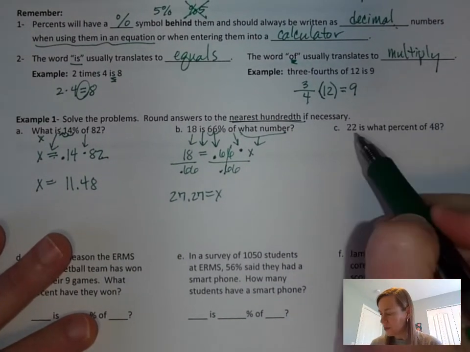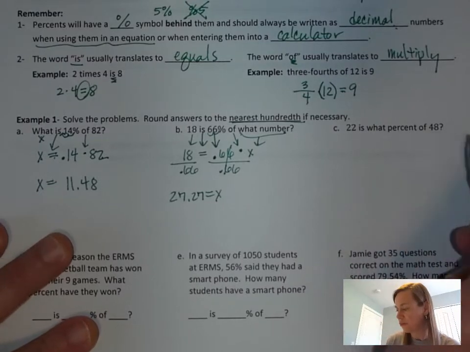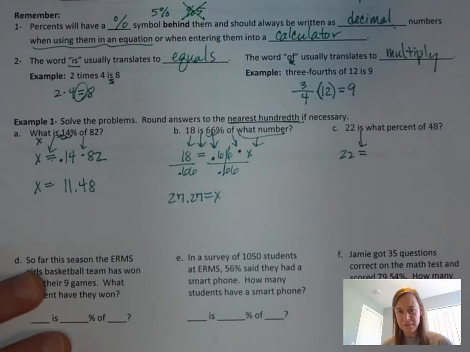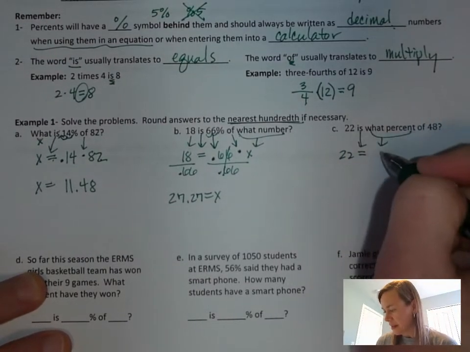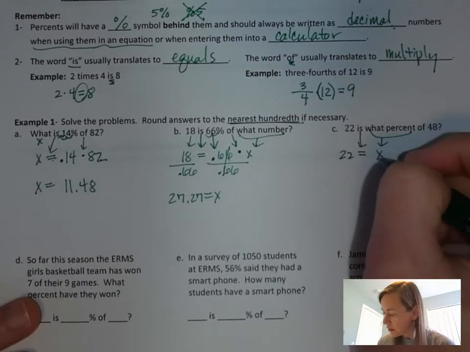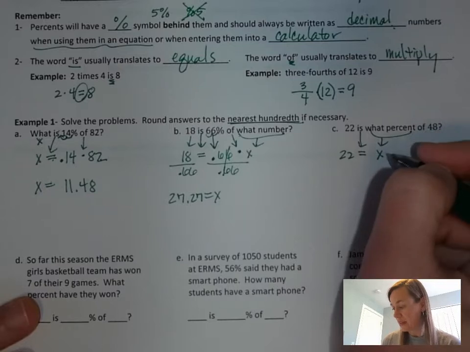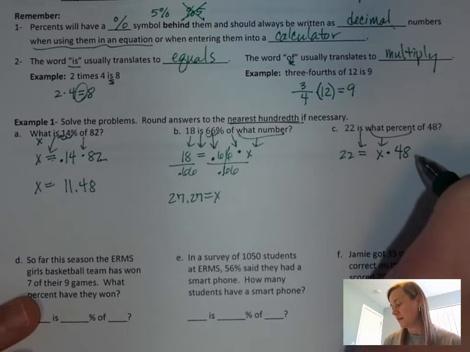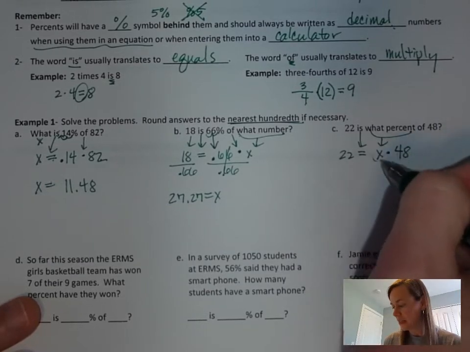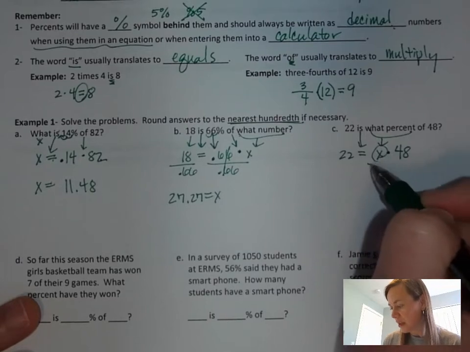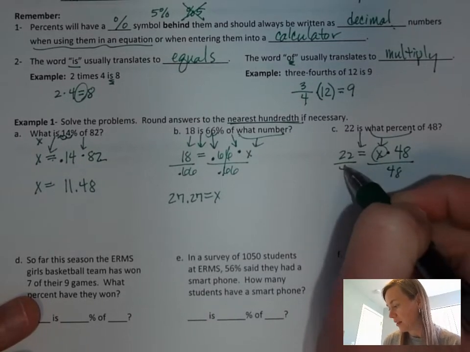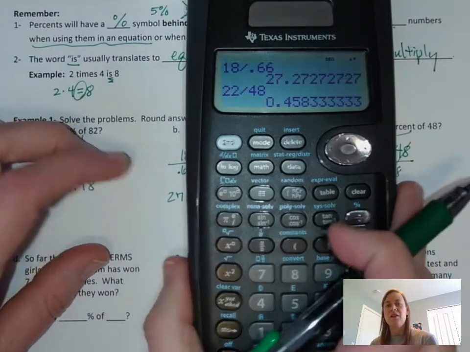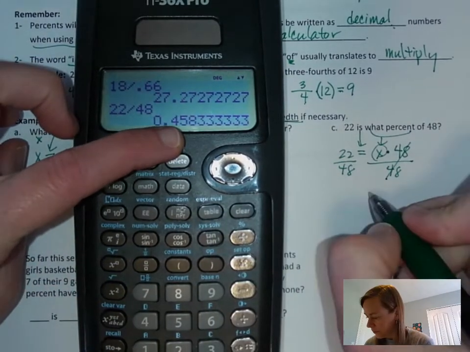All right, so now 22 is what percent of 48? So 22, that's just going to stay 22, is going to become our equal sign. What percent? Well, that's going to be an x because we don't know what the number is. And then of indicates multiplication, and then 48. So now we still have a one-step equation. We need to get that x by itself. So you have x times 48. You've got to get rid of that 48 by dividing by 48 on both sides, of course. Now 22 divided by 48 gives us a decimal, so let's just get that written down really quick. x equals